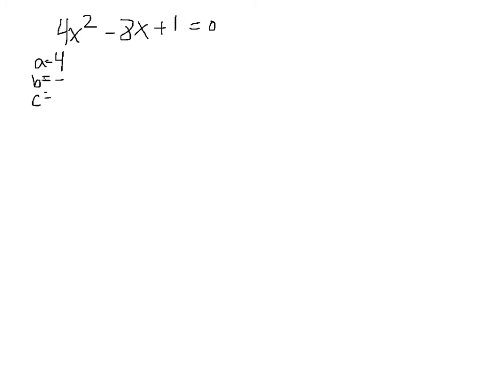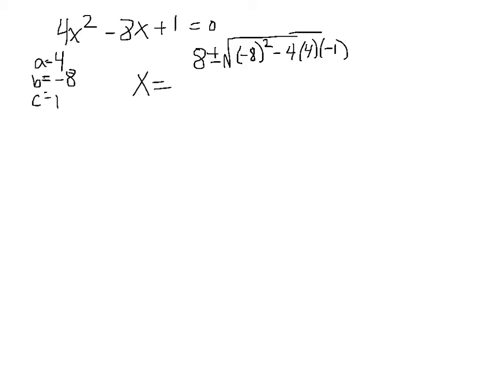B is in front of x, so it'll be negative 8. And c is by itself, so it will be 1. So if we plug it in, x is equal to negative b, so this is going to be positive 8, plus or minus the square root of b squared. Again, make sure you put that b in parentheses, so negative 8 in parentheses squared, minus 4 times a, which is 4, times c, which is negative 1, again, still using your parentheses, all of that over 2 times a,